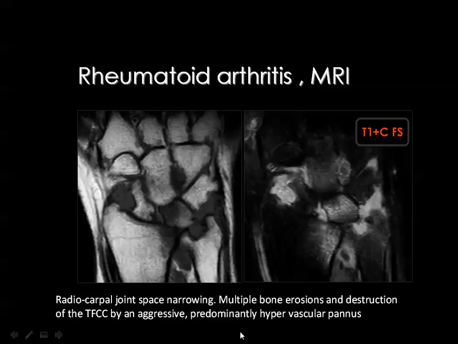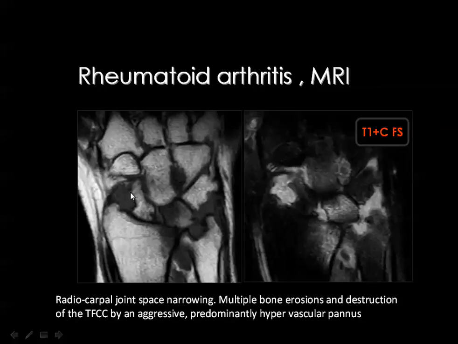MRI is not usually needed for evaluation of patients with rheumatoid arthritis, but you know that MRI is more sensitive for bone marrow changes and also for the detection of synovial hypertrophy and inflammation. Then this is an MRI with T1 weighted image and T1 fat suppressed weighted image after contrast injection. You can easily appreciate the bone erosive changes in the ulna as well as in the triquetral bone,